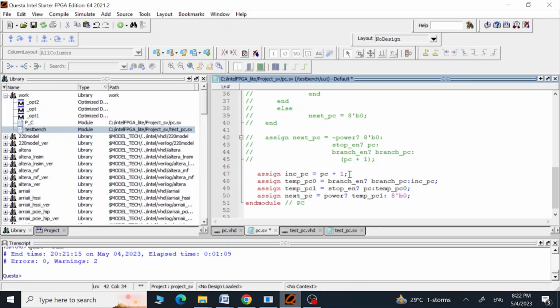But if you are going to check this line, this is going to be implemented by an incrementer. Using structural design we can create another module named increment, and we can implement this same way. These three lines are three muxes, 2 to 1 muxes, 8-bit muxes. So using that module mux we can implement these three code lines using a structural model, which I am not going to do here, but this is the way we can actually modify our behavioral model to implement it as a structural model. So save this,